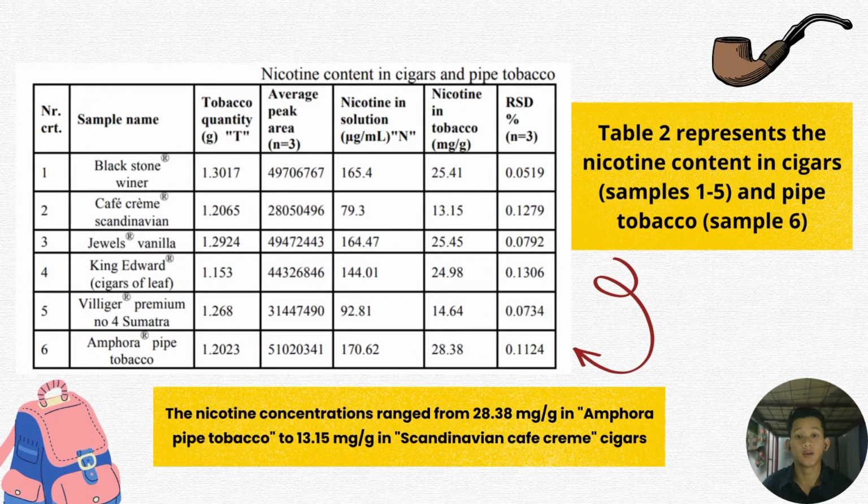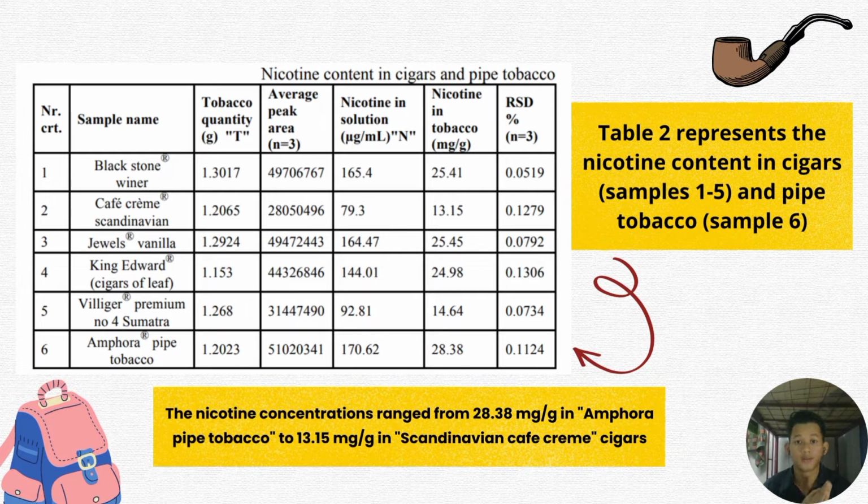So next, Table 2. Table 2 represents the nicotine content in cigars and pipe tobacco. From number 1 up to number 5 are the cigar samples, while number 6 is the tobacco sample. The nicotine concentration ranges from 28.38 milligram per gram in Amphora pipe tobacco to 13.15 milligram per gram in Scandinavian Cafe Cream cigars. As you can see in Table 2, the highest value of RSD percentage